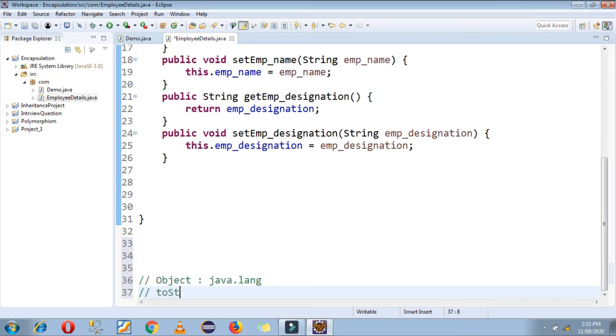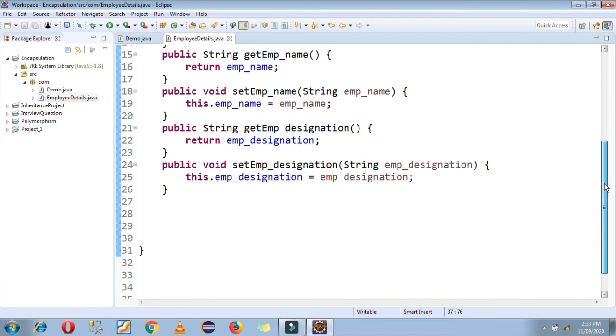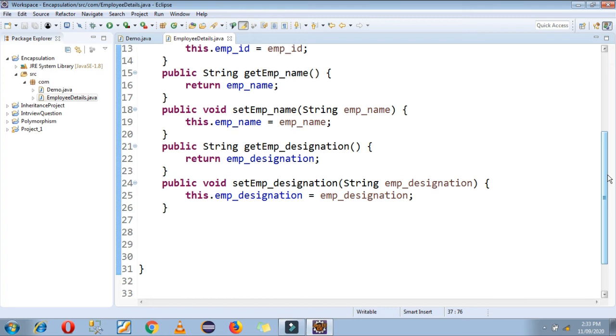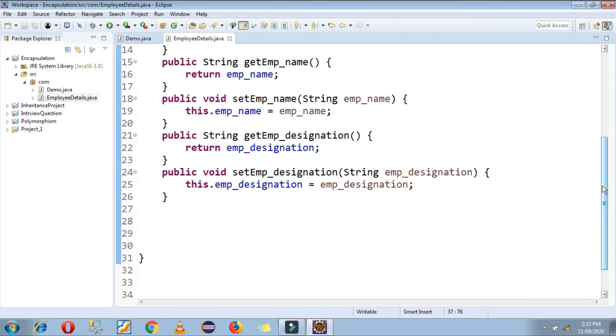Here I am using another function which belongs to Object class, that is the toString function, and it is used to represent string data which is stored in an object. Okay, so toString function, its name suggests that it is used to present or print the string data which is stored in your object.